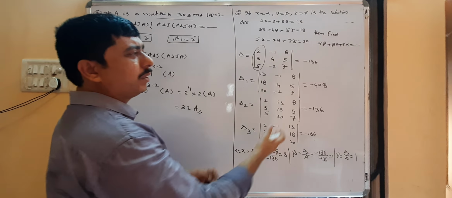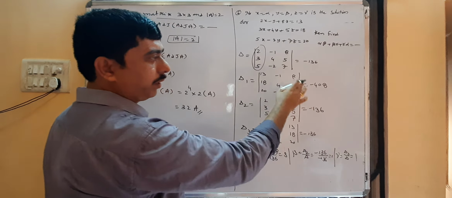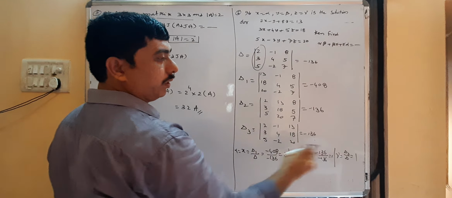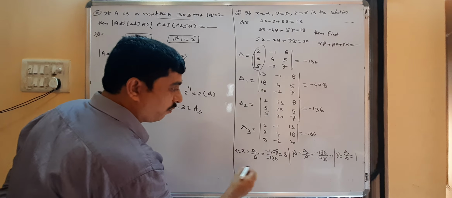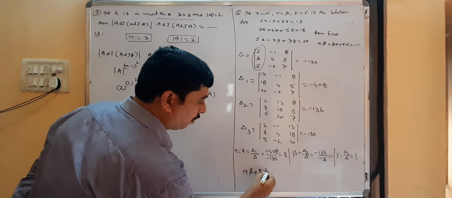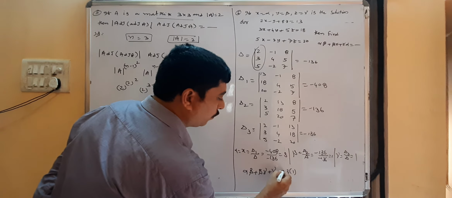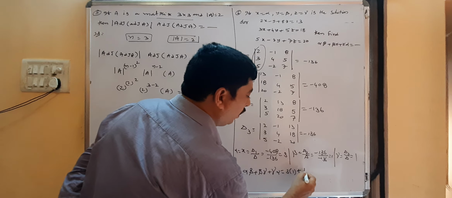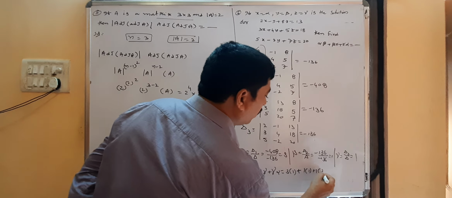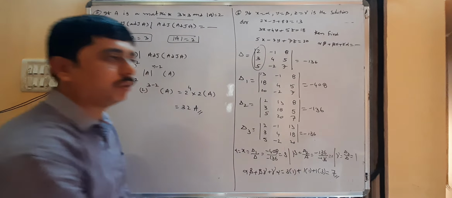This is an important problem in the IP, that is the reason I remember the values. So alpha, beta, gamma, you got it. Alpha into beta plus beta into gamma plus gamma into alpha, that is 3 into 1 plus 1 into 1 plus 1 into 3. 3 plus 3, 6, 6 plus 1, 7 is the answer.